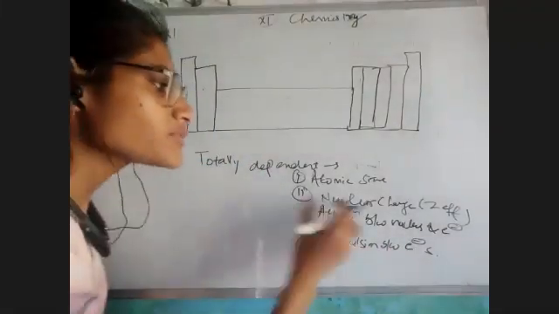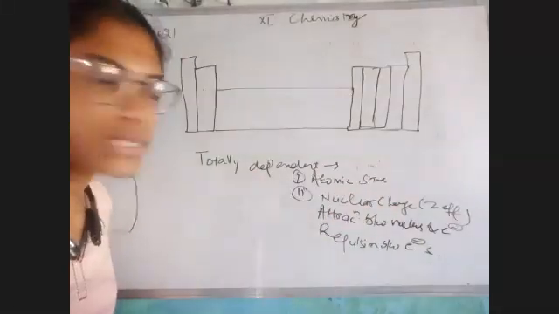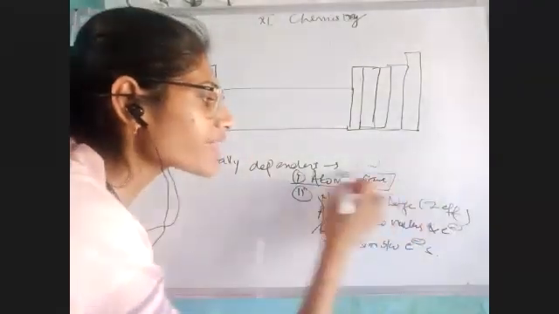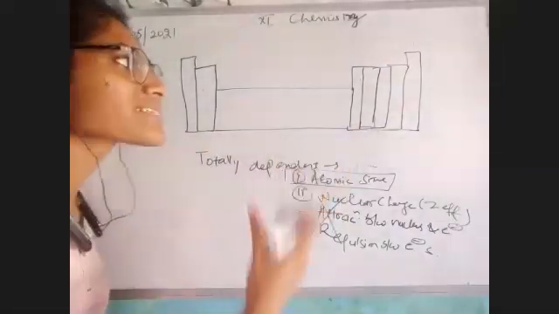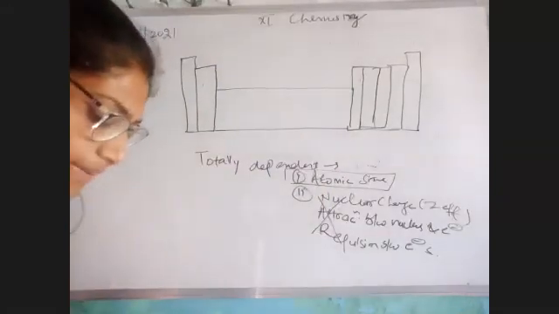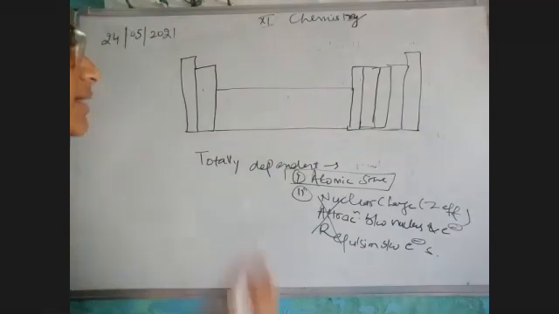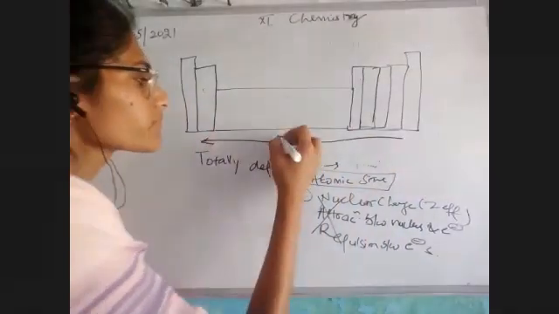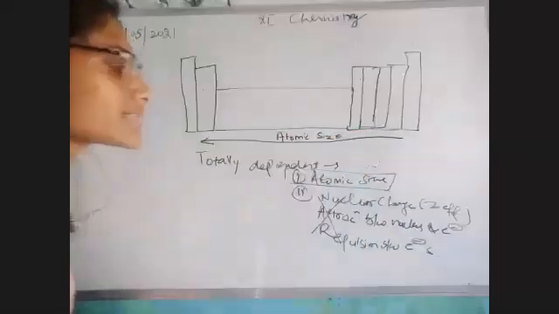So nuclear charge or Z effective is something which cannot be observed across the period or down the group. So we are not going to show that in this particular diagram, but we have observed everything about atomic size. So we are just going to make how atomic size is making a trend, and then we would see about other properties. Okay, so let's start with atomic size. First of all, my atomic size is decreasing across a period. This is my atomic size because this is decreasing across a period.